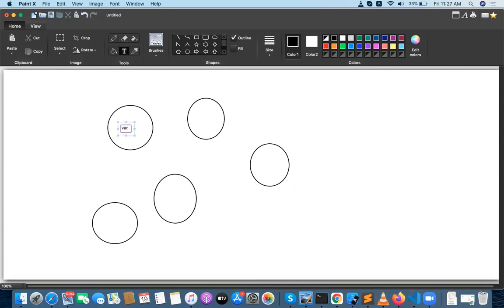So this will be a var, and it will be the integer, and it will be a var, and it is a float, and it is a var, and it's a string.